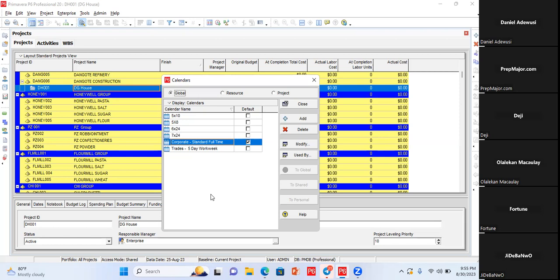All UK statutory bank holidays will be observed. Then our company holiday is